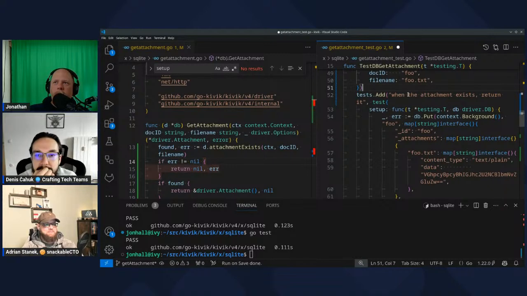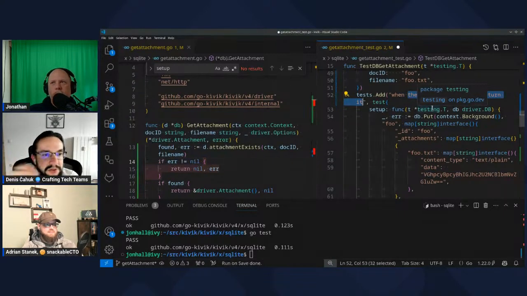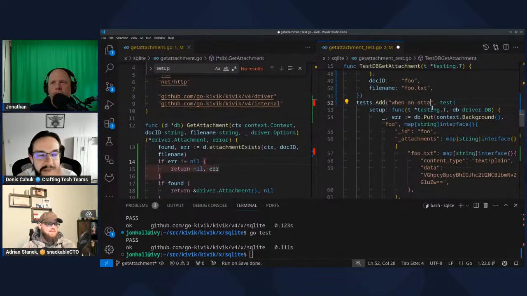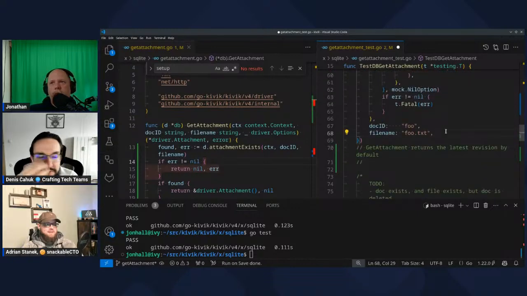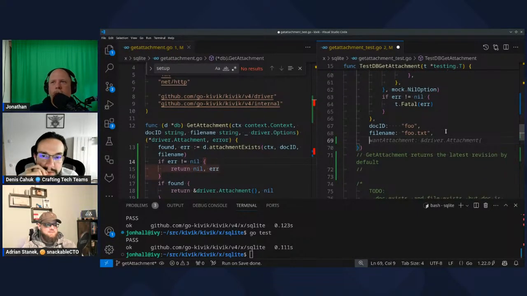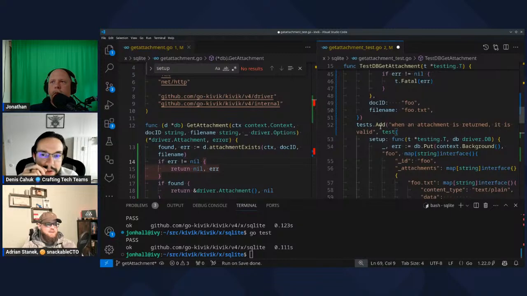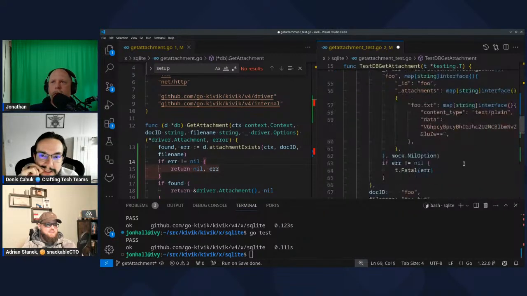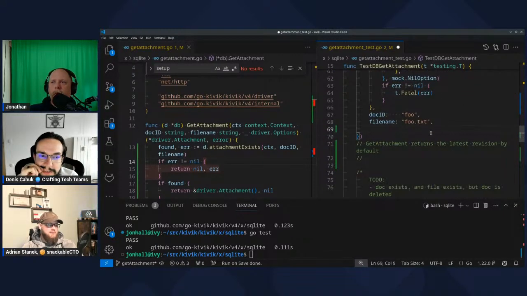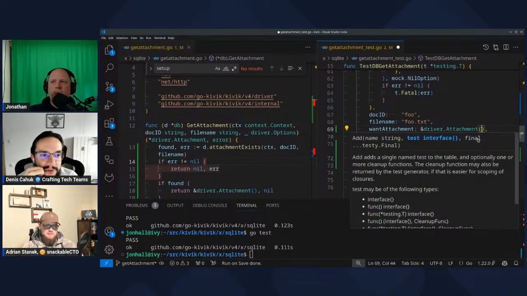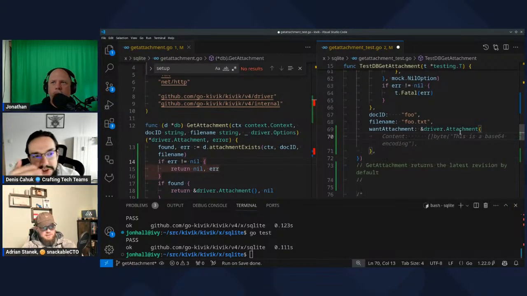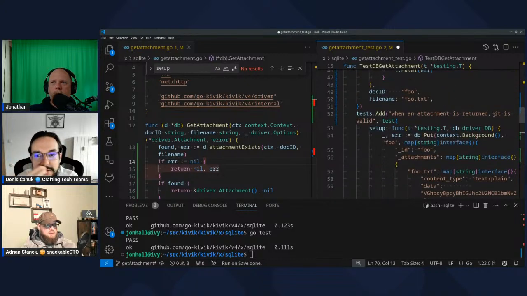Like when an attachment is returned, it is valid? Yeah, yeah. A valid attachment contains the following metadata, and then it contains metadata. Yeah. I generally wouldn't use the terminology is valid or is not valid because we should describe what that means.